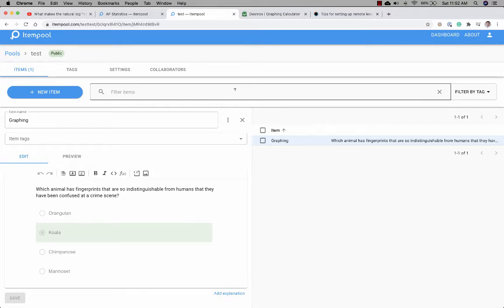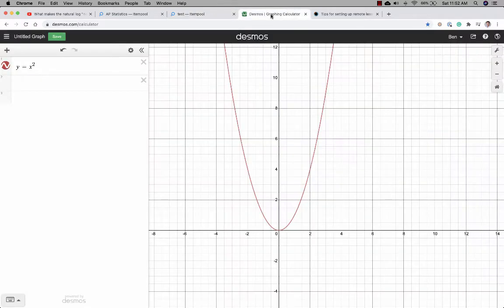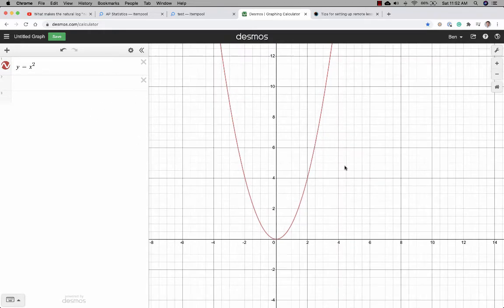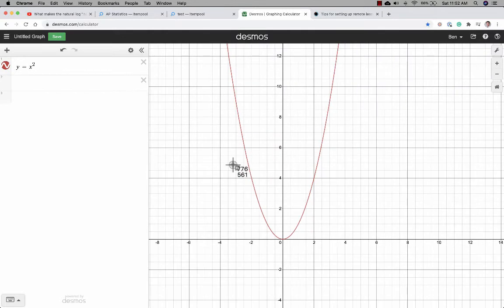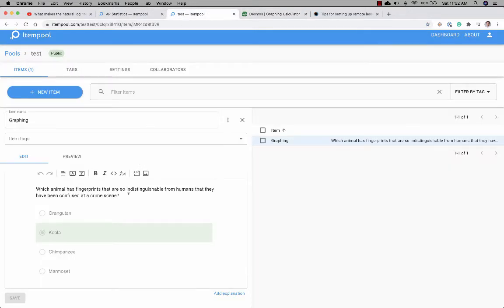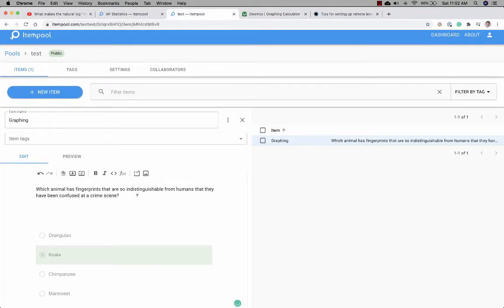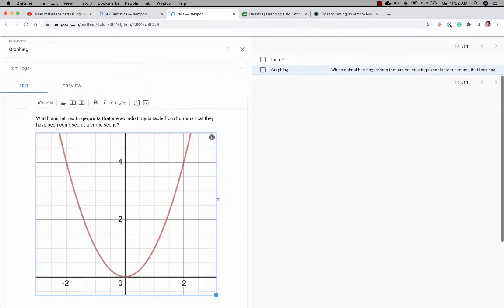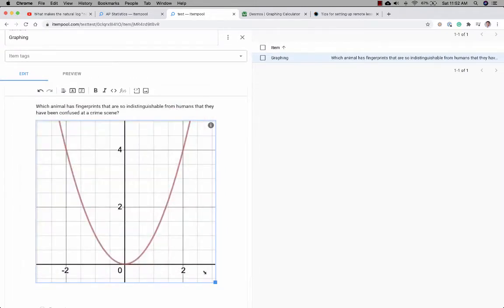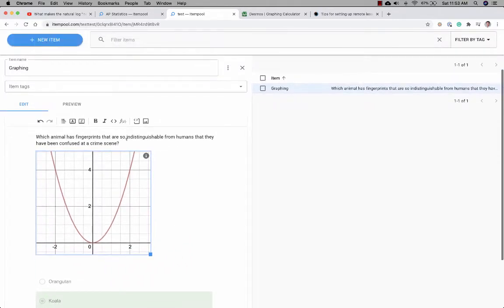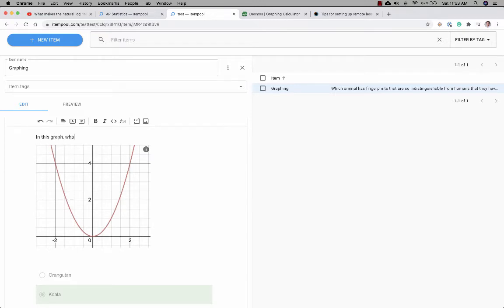Maybe I actually want to ask a more mathematical and less animal question. Maybe we're working on graphing, and I want to graph y equals x squared. I can take a screenshot of this, which puts it in my clipboard, use my MacBook shortcut, and then I can paste it right into Itempool. That's what we mean when we say this is going to be a good experience for creating items. And so maybe my question is, in this graph, what is the value of y when x equals